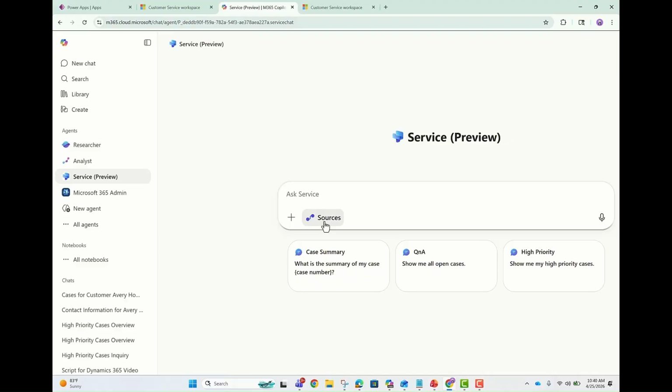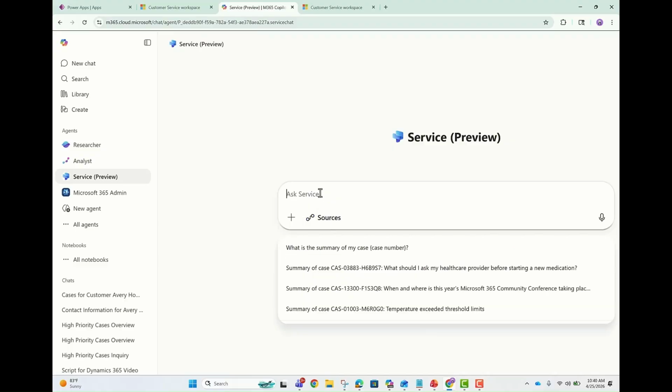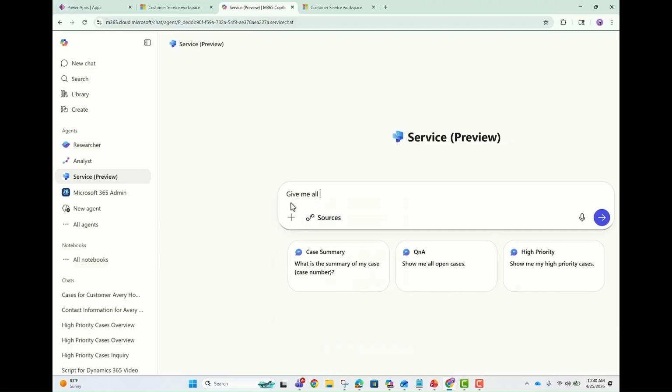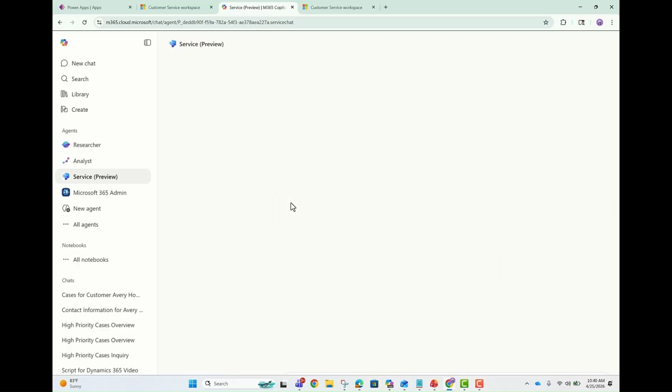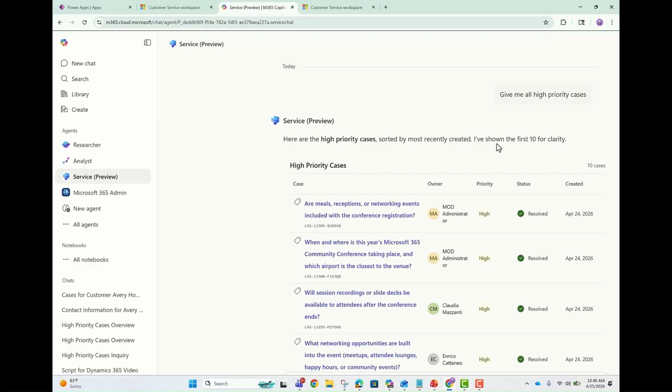First, you can look at priorities by typing in maybe give me all high priority cases, or you can say all high priority cases due today. And what will happen is it'll line things up, and you'll see that it lists all the recent high priority cases. Again, it's showing 10. I can tell it to show 20, etc. And most of these are resolved,